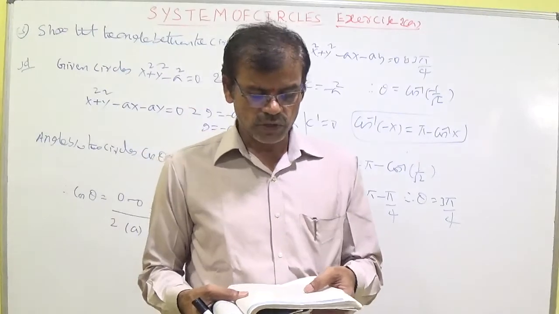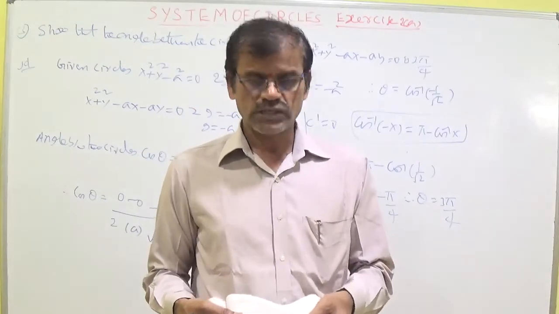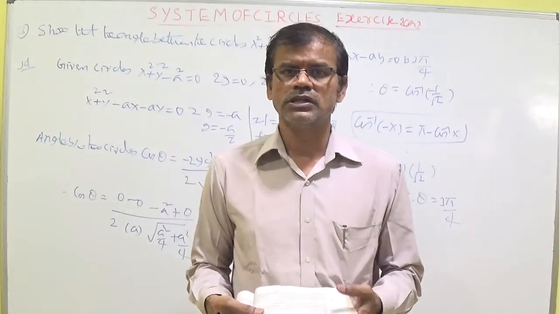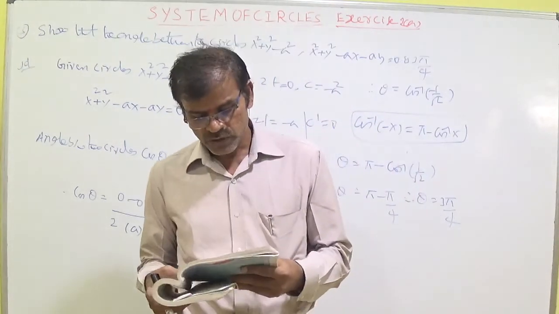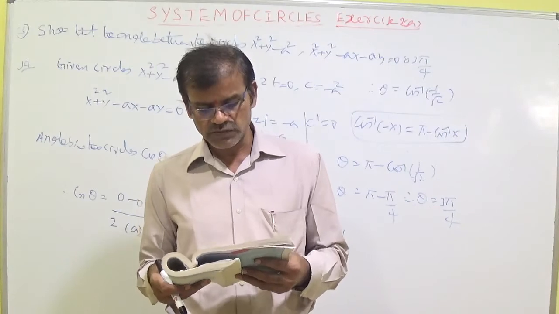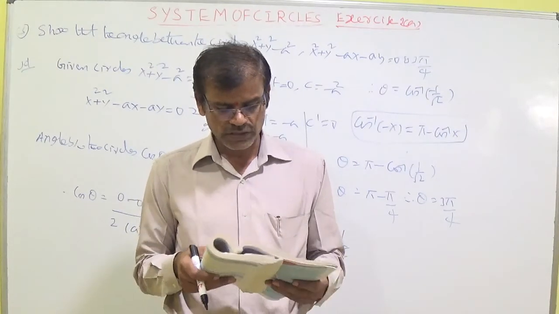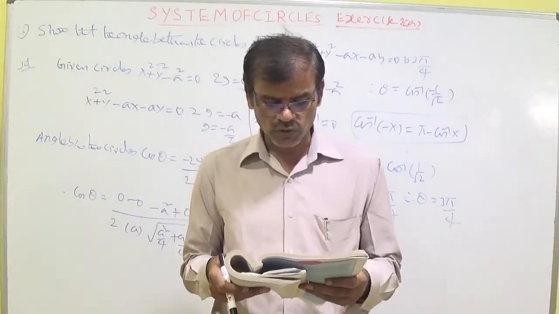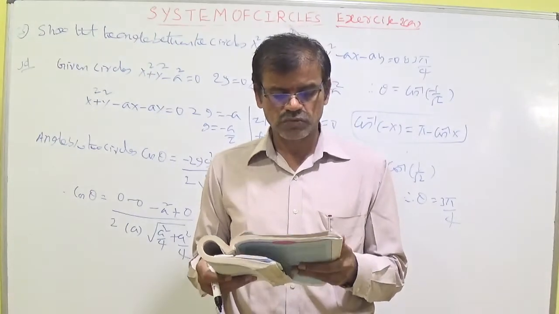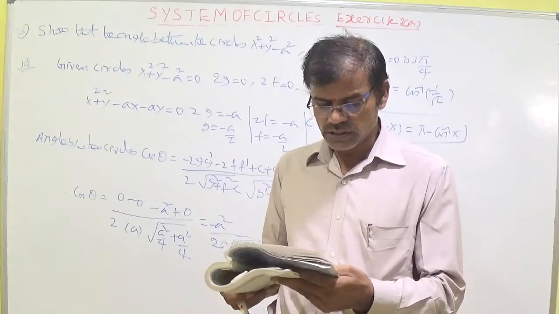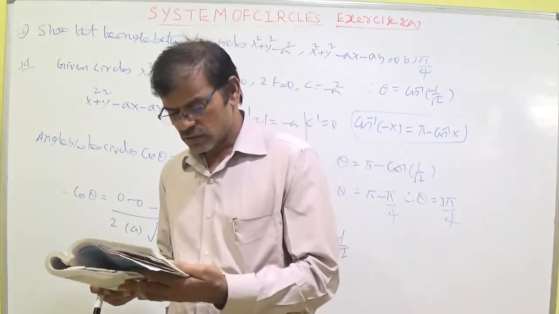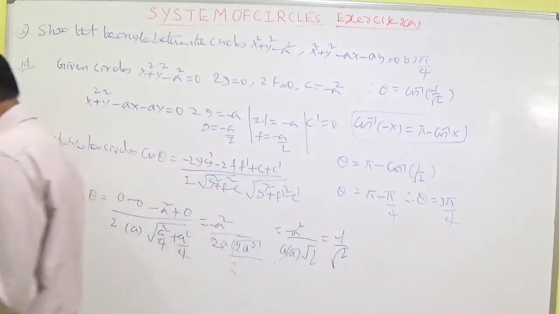Apply the condition of orthogonality for the first one and the second one also. Then you will be getting only g and f, substitute the values in that. In the similar way, do the second one also. Second question, find the equation of circle which passes through the point 0, minus 3 and intersects the two circles orthogonally. Same as in the first model I said, do it like that. Now, let us discuss Roman number 2, third question and fourth question also.